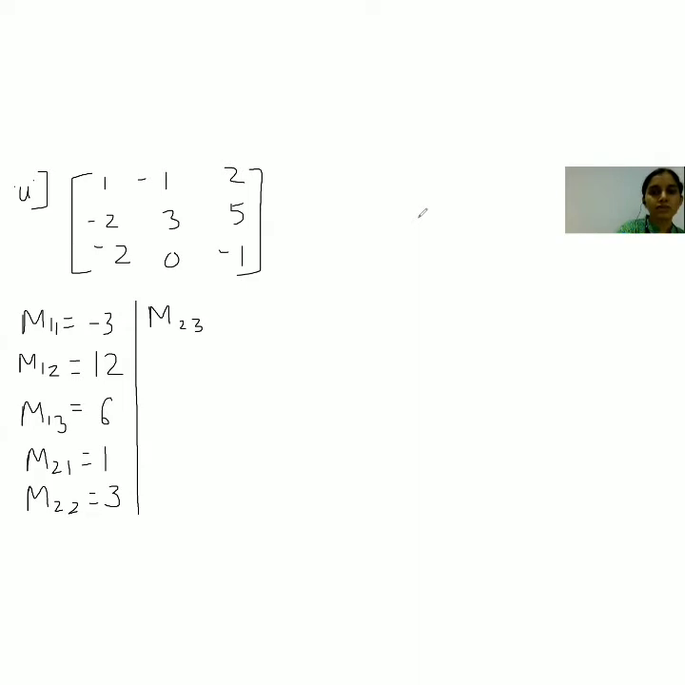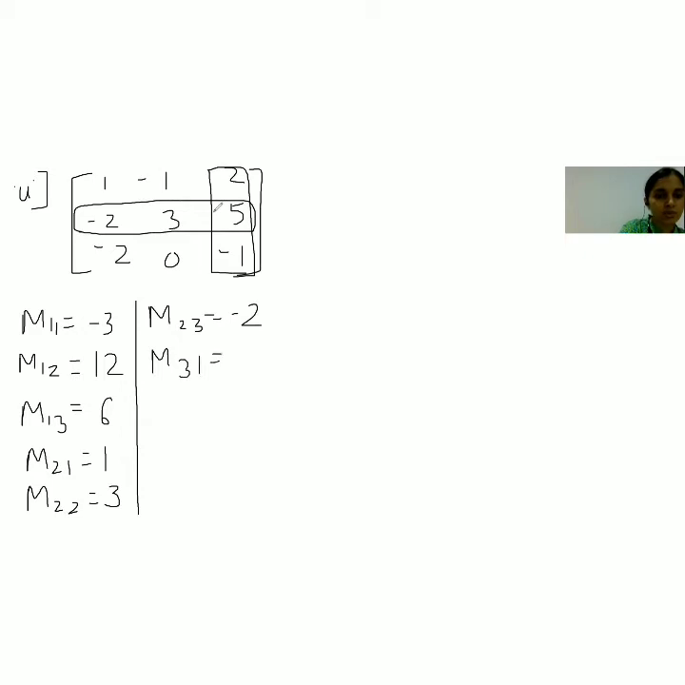Now M23 is second row, third column. Okay, so second row, that is this, and the third column has to be hidden. So what are we left with? 1 into 0 is 0. 0 minus 2 is minus 2. So M23 is minus 2. Okay, then